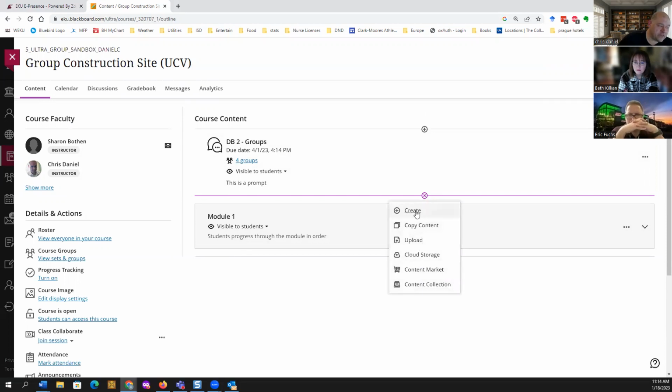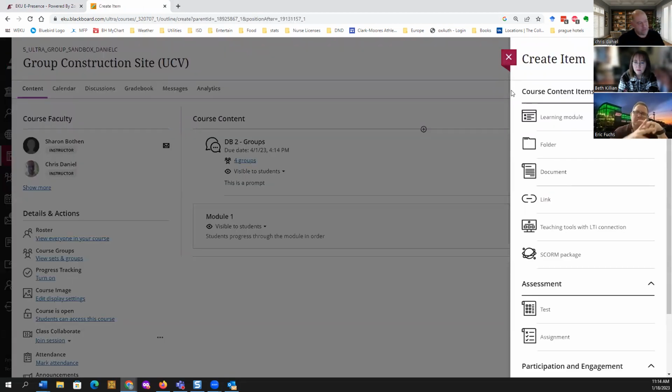So I'm just going to hit the plus, hit create, and that pops up a sidebar menu that you'll want to get used to as you navigate Ultra. It asks you what kind of item would you like to create. And the first two items are learning module and folder. A learning module is a container just like a folder, except in a learning module, it allows you to control the sequence and it gives students check boxes for each item that is inside the learning module. So as an example, if I create this learning module,